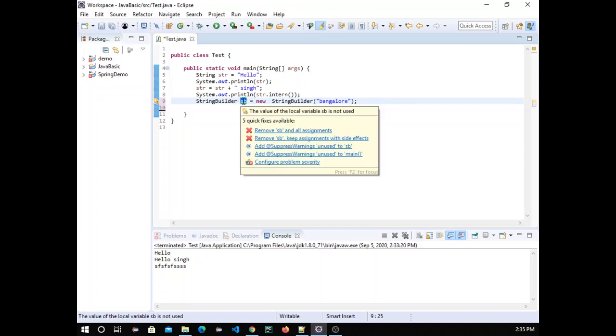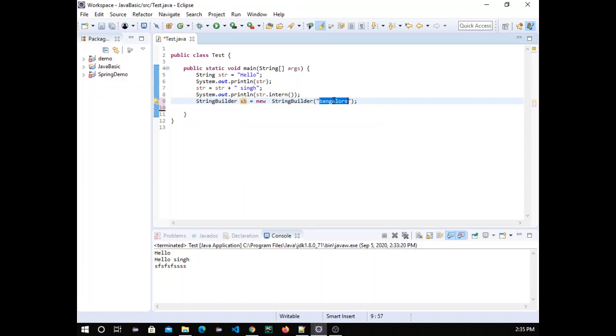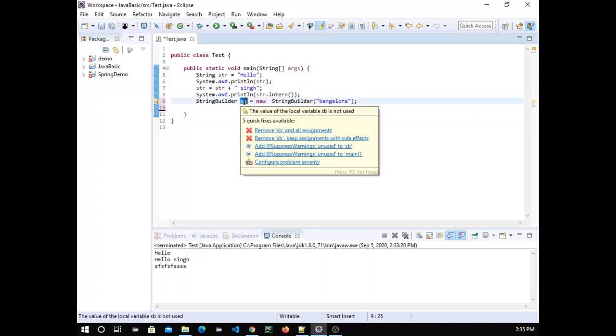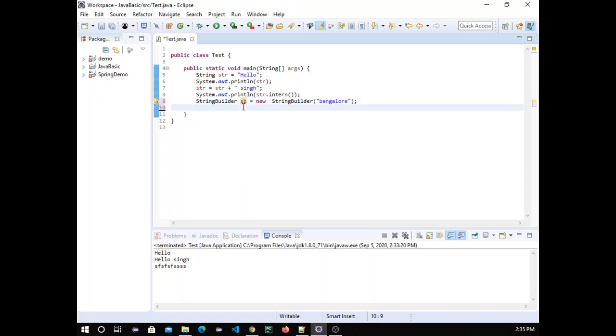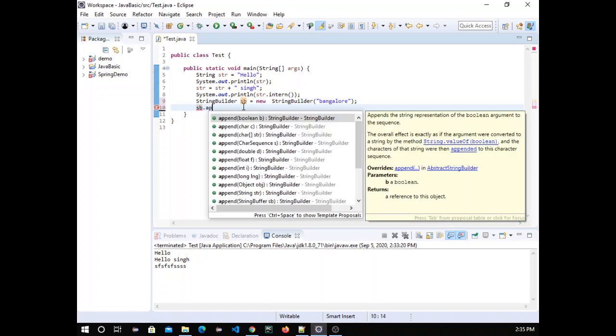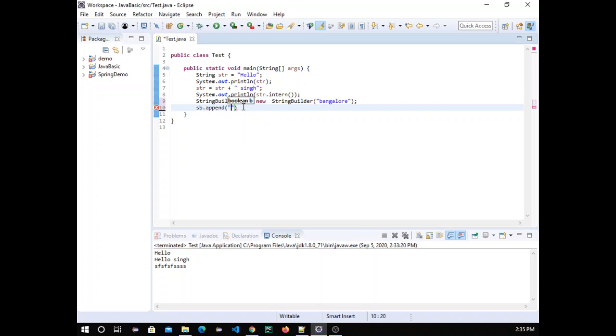Now what will happen if we try to update this one? This variable is not created inside the string constant pool. It is completely created inside the heap. To update this variable there is a method named append. Now you can add more, like Bangalore, India, and print it.